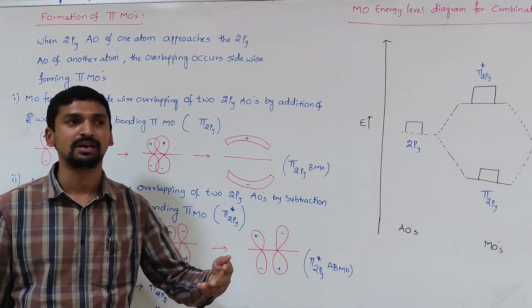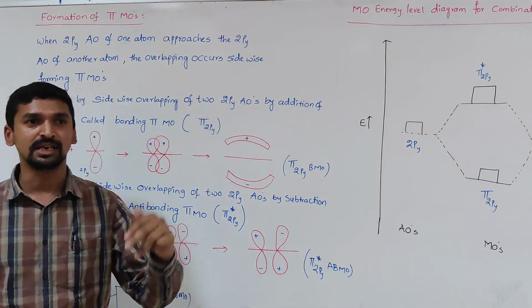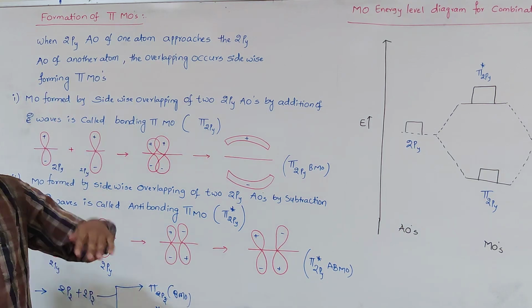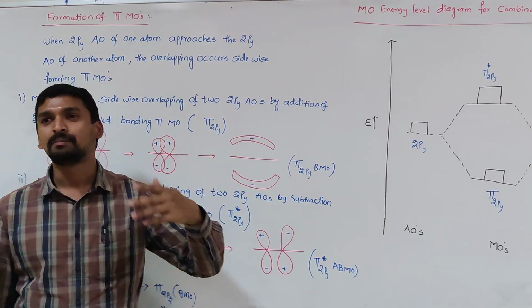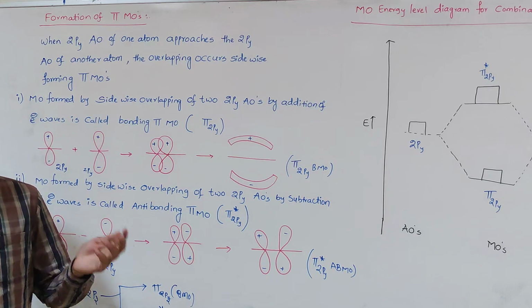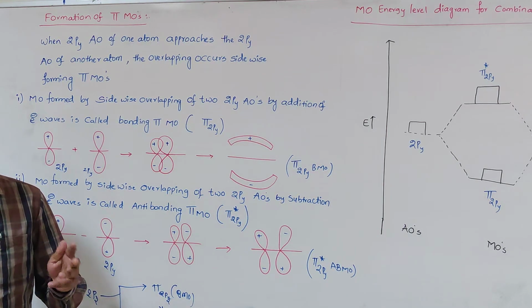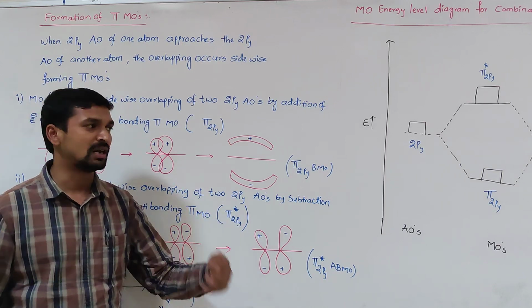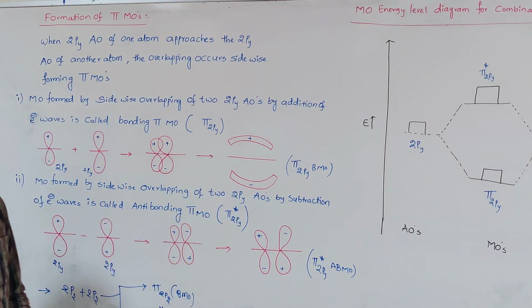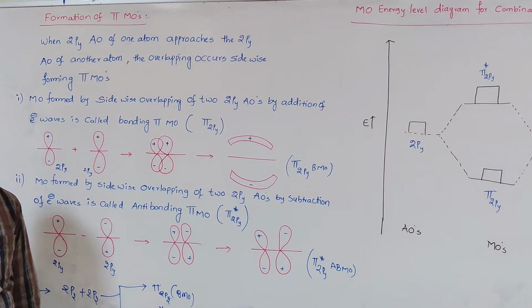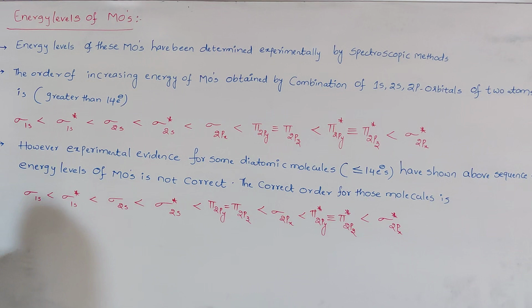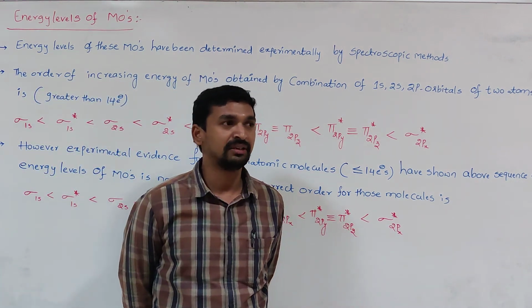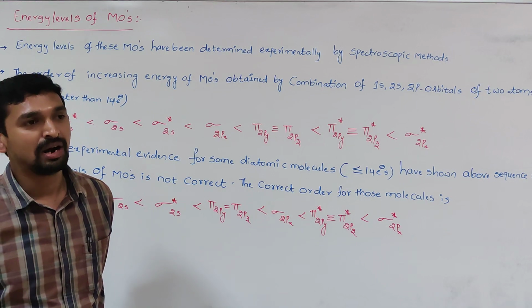Combination of the 2s atomic orbitals results in two molecular orbitals, sigma 2s and sigma star 2s. The combination of the 2p orbitals results in the sigma 2px, pi 2py, pi 2pz bonding molecular orbitals, and the pi star 2py, pi star 2pz and sigma star 2px anti-bonding molecular orbitals. So this is about the combination of the atomic orbitals, which results in the formation of bonding and anti-bonding molecular orbitals. So the combination of the atomic orbitals results in different types of bonding and